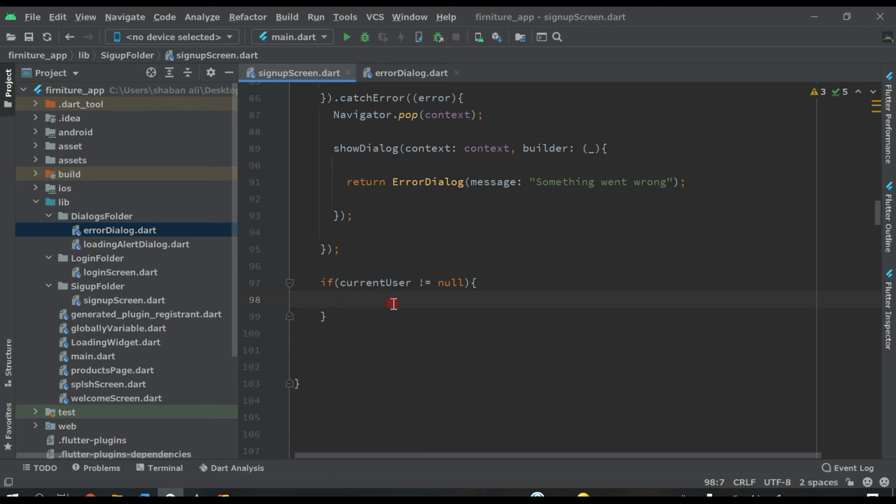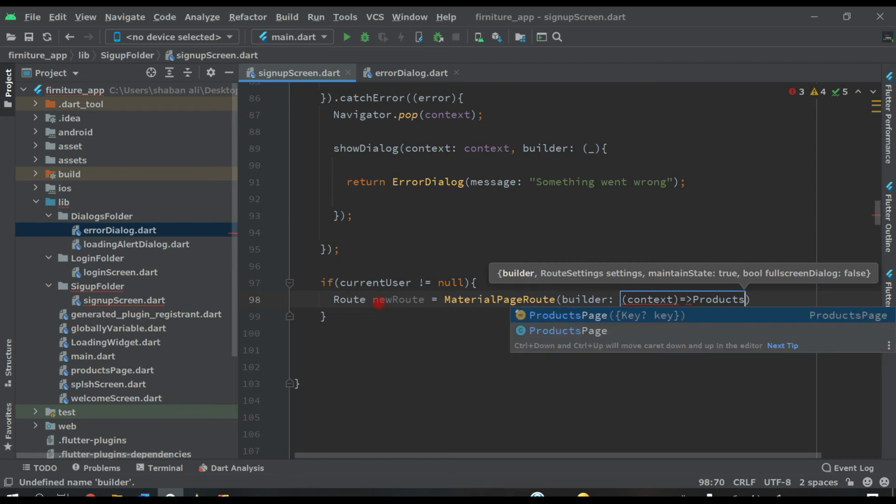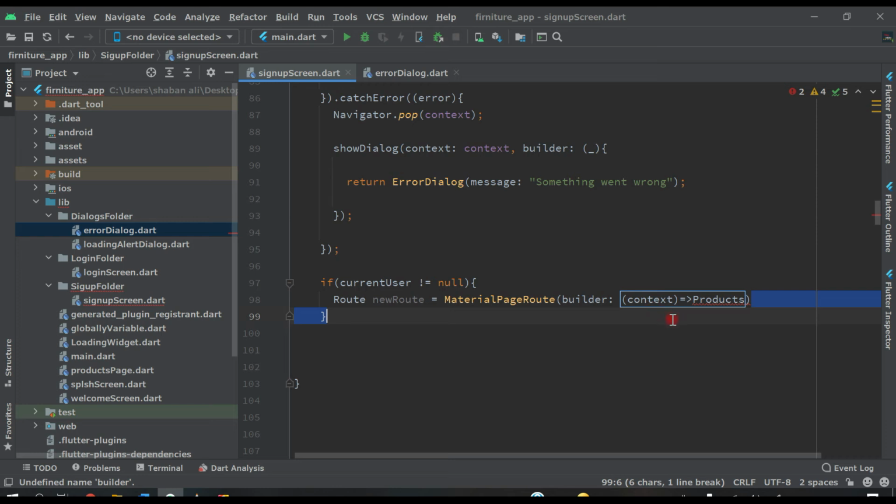We do not want them to log in again, so for that we have to do route newRoute equal to MaterialPageRoute, and the builder will be context, and after this ProductPage, and we have to remove this, put two round brackets, and write here context, like this.